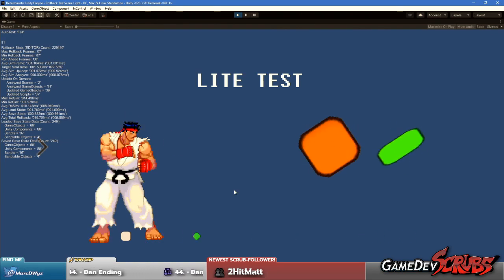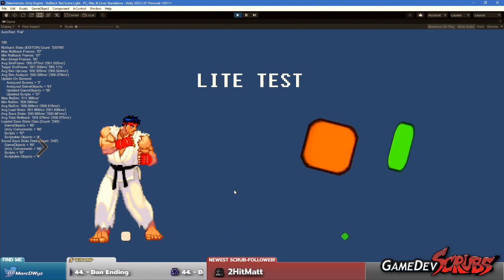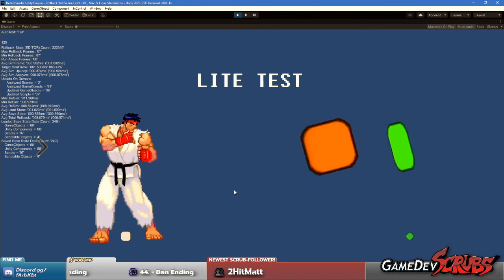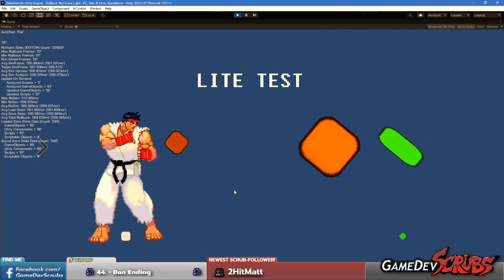Maybe there's an animated bird or something in the back. You don't need to roll that back. Just let it go. The people won't even notice it anyway. You can say, I'll only update that once at the end when I'm rendering the frame, so I don't have to do it 7 times during the rollback.